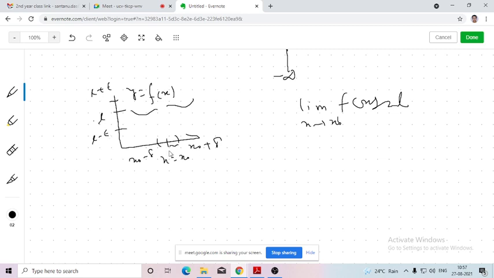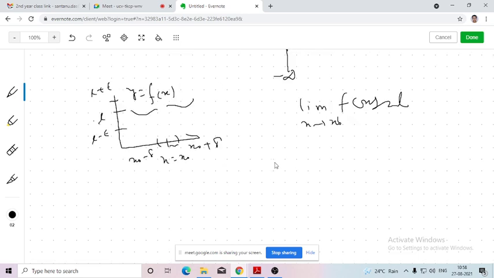So here this is a delta length, that means we are taking a length delta around the independent variable and we are varying the independent variable around this, and the value of the dependent variable is varying around L in a huge interval. Okay, so here epsilon and delta are comparable.